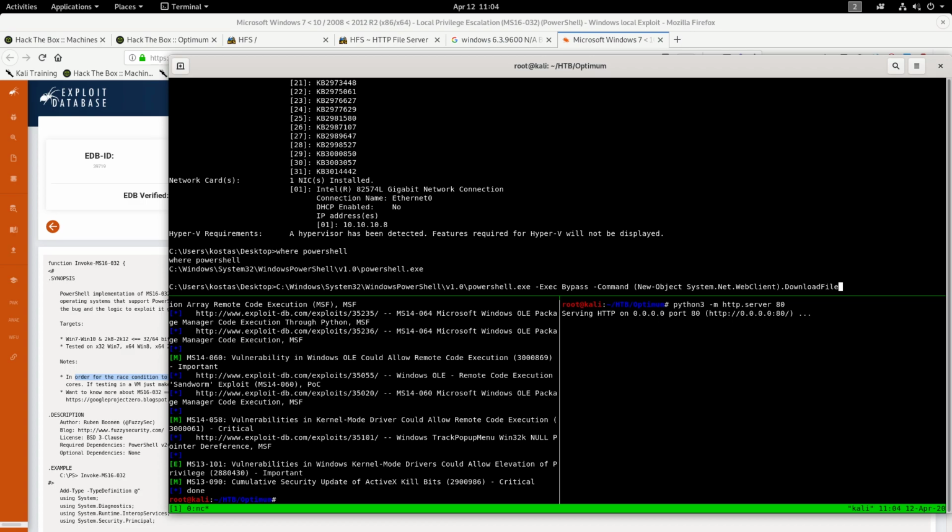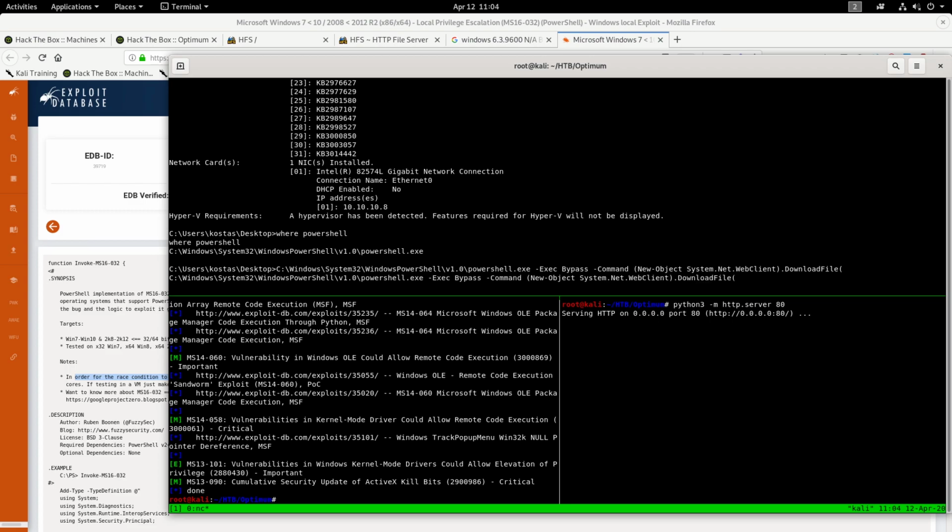System.Net.WebClient DownloadFile. We could use DownloadString or DownloadFile, but in the off chance that something goes wrong, we're not too worried about the file showing up on the system for any logs. DownloadFile would actually write to the disk, whereas DownloadString would only write to RAM and be executing whatever we get from our request in RAM directly, so it's less traceable. So DownloadFile,